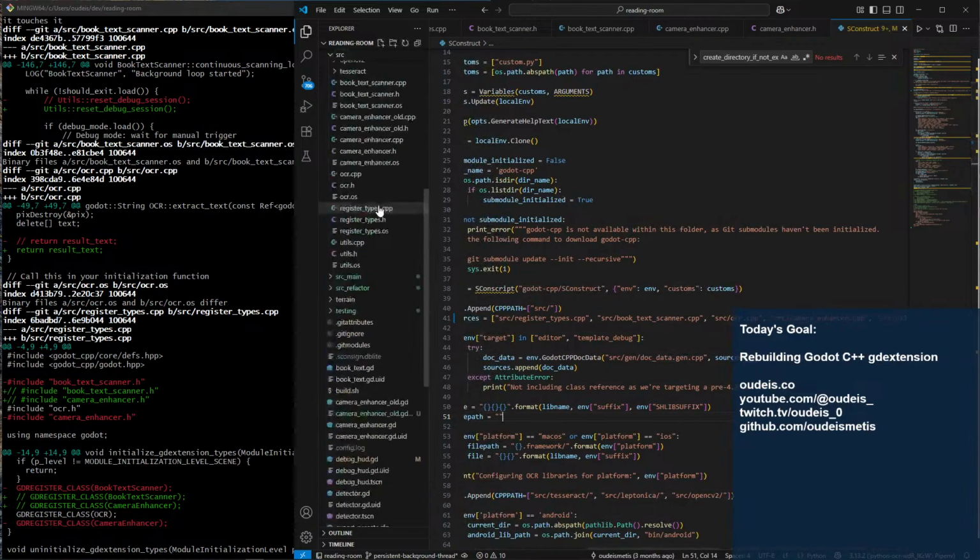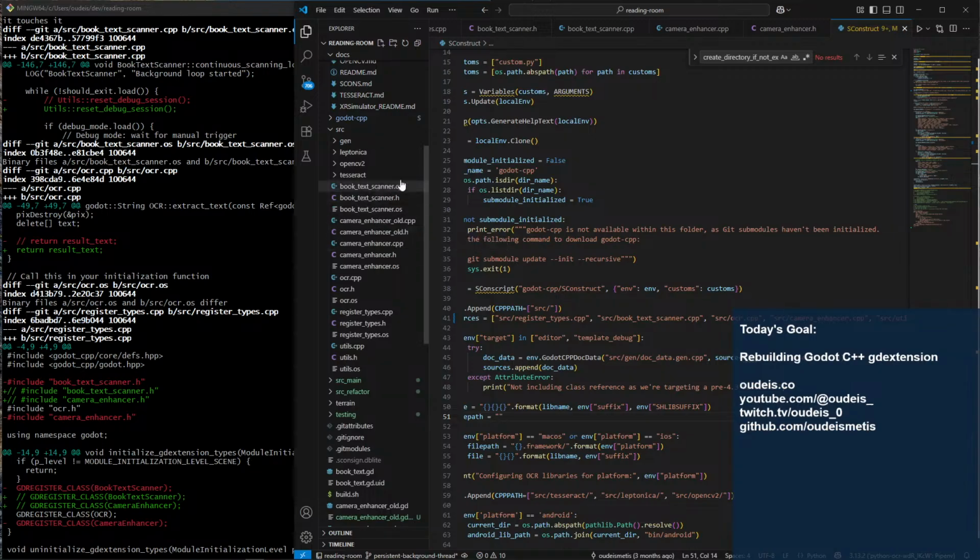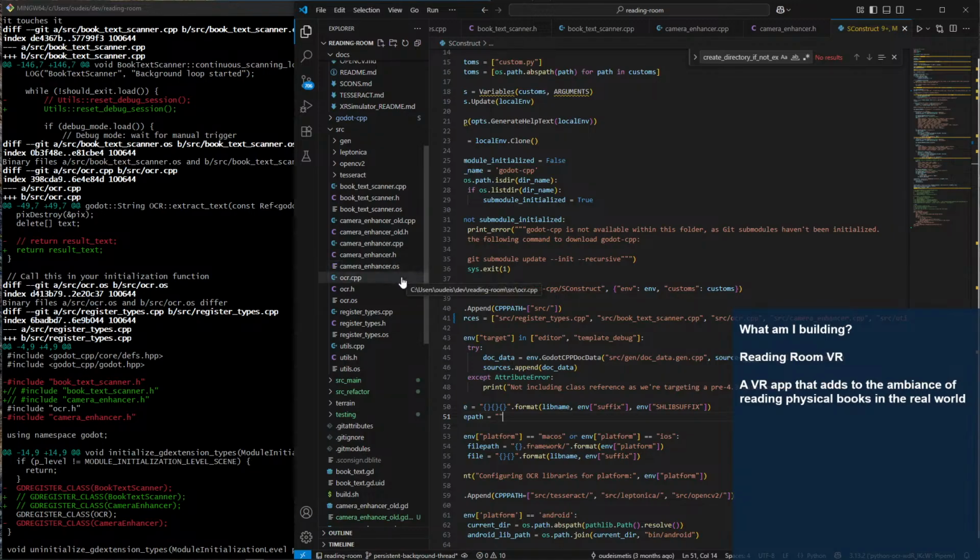My paranoia is getting the better of me. We've got book text scanner, we've got this old one, but I'm gonna nuke that at some point. Camera enhancer, OCR, and utility. Cool. So sconstruct, you're good. You're happy.